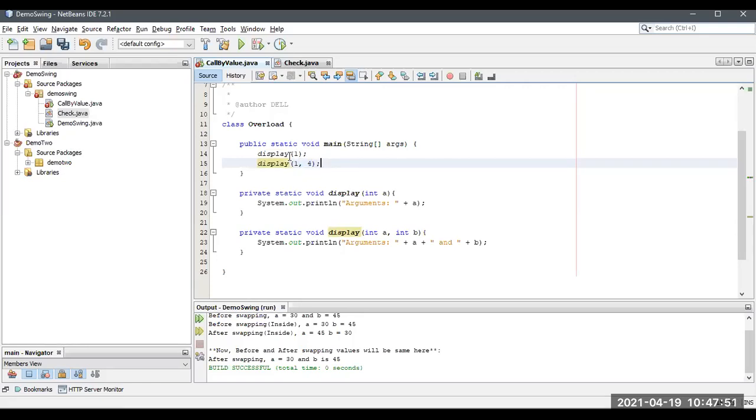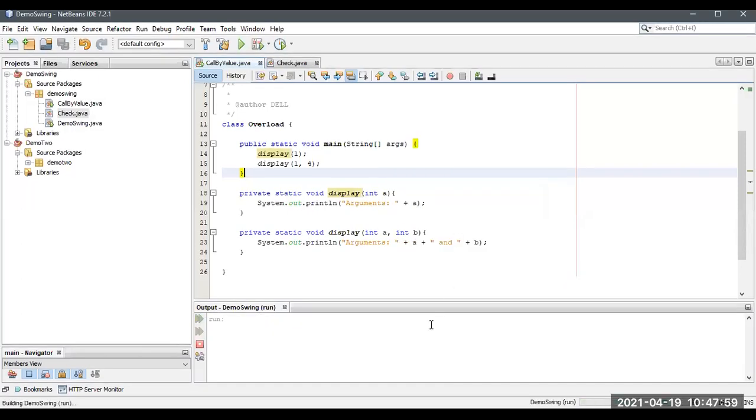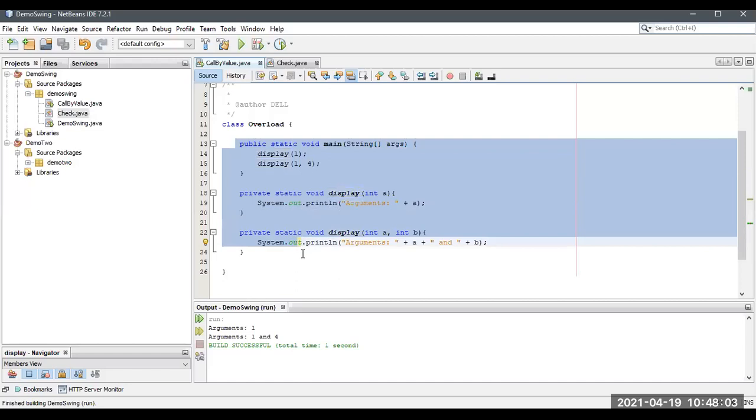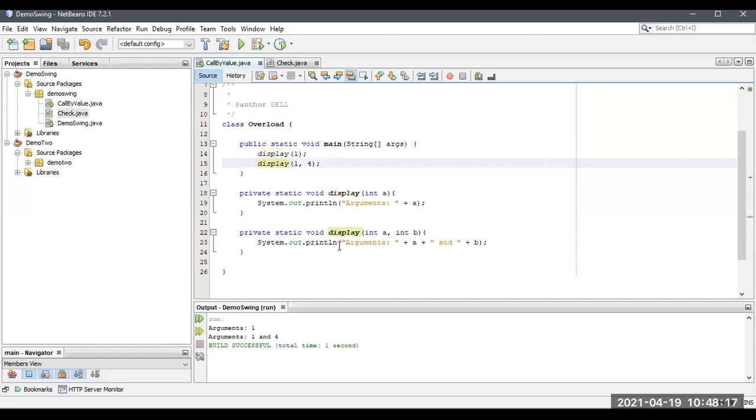So now I'm going to call it. Let me run this so that you will understand. We discussed this type of program previously with so many examples. This display method has one argument, so at this time it goes over here. At this time it goes over here. This is called method overloading.